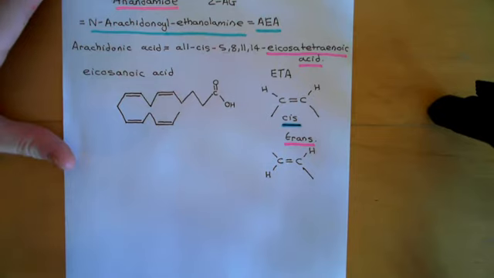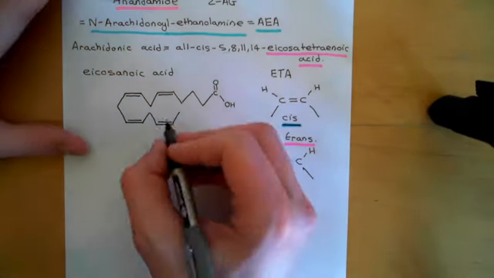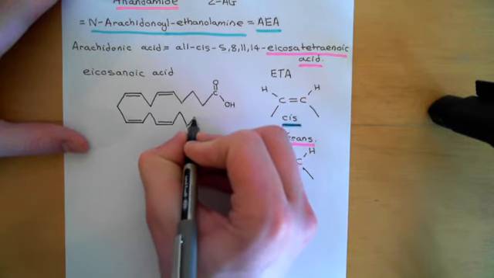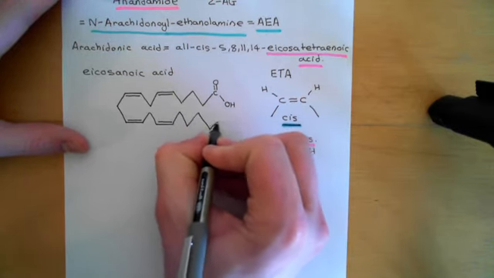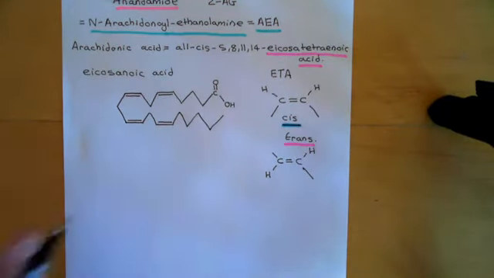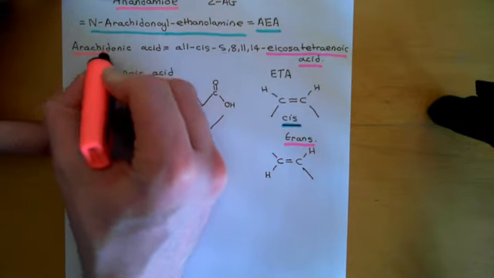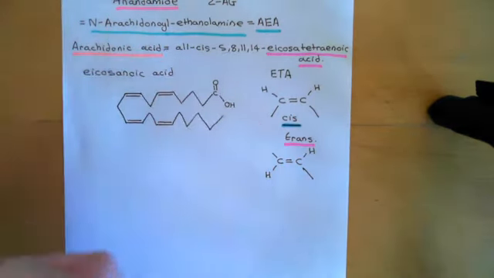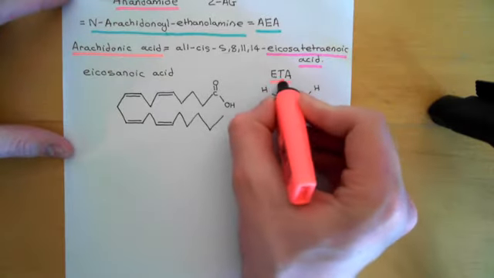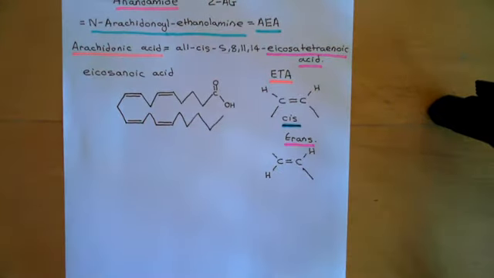because you can see that it's starting to become a little bit symmetric here. So this was the 14th carbon, this was the 15th, 16th, 17th, 18th, 19th, and 20th, so it's almost symmetric here. And that's why often arachidonic acid is drawn in this way. So this structure that we've just drawn out is the structure of arachidonic acid, or to give it its proper name, all cis 5, 8, 11, 14 icosatetraenoic acid, although commonly you will just see arachidonic acid referred to as ETA for icosatetraenoic acid.